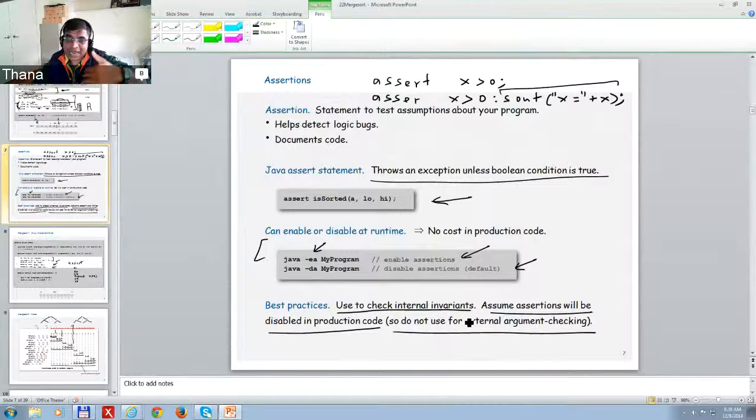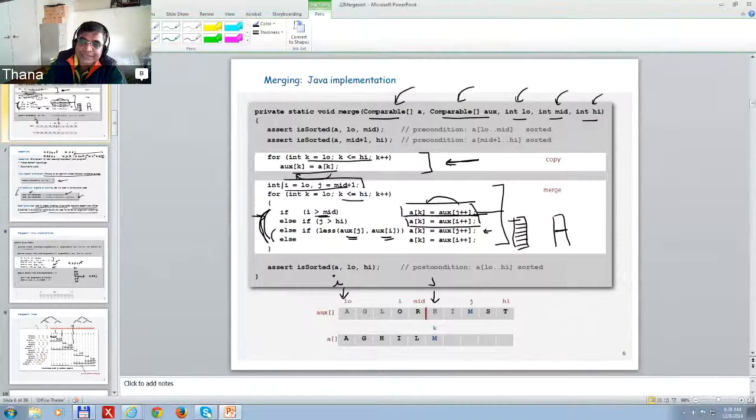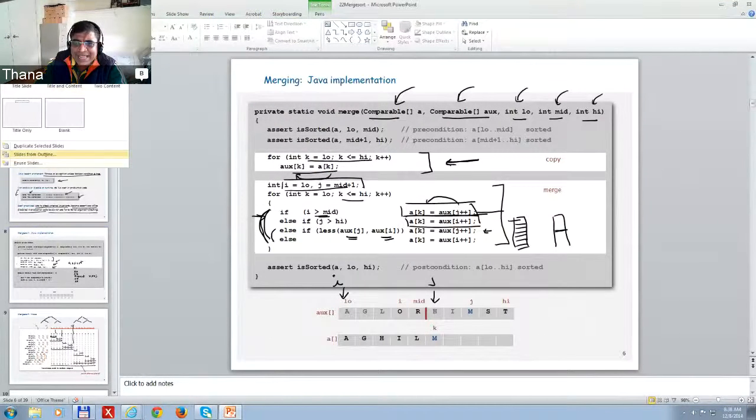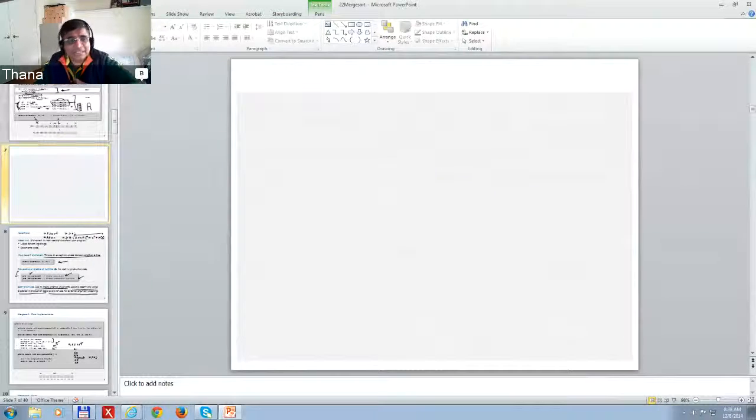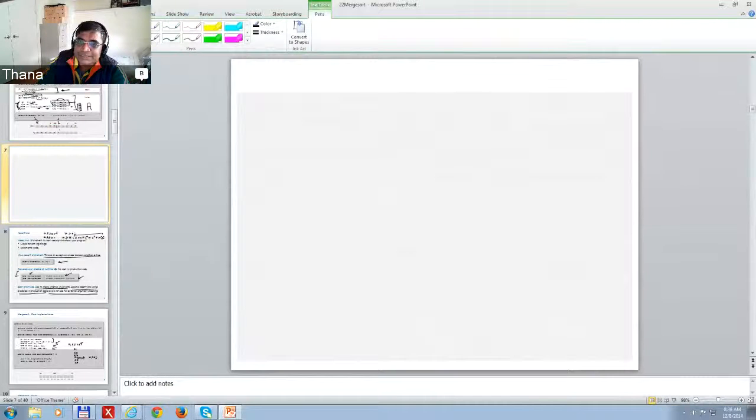So this is what a top-down merge sort is. We could do this in what's called a bottom-up merge sort, and the way that works is like that. It's very similar, except the only thing that's different is the way you write the code. So if you have the same letters to be sorted,